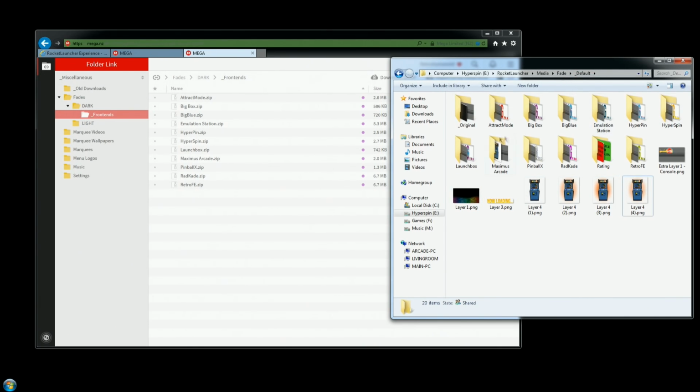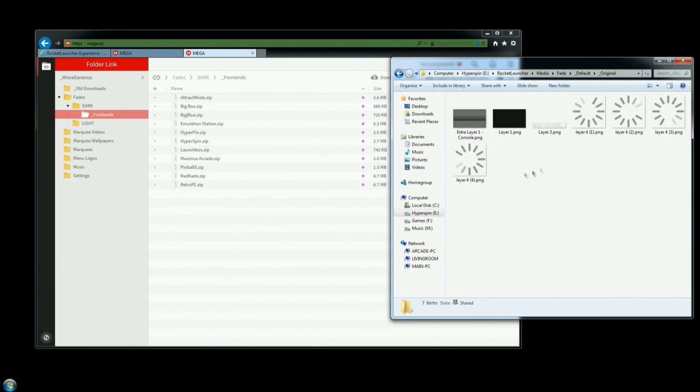And I just keep these here just in case. I like to mess with different front ends. So what I suggest you do is there's going to be a bunch of files in that folder already for the default one for Rocket Launcher that you download with the program. Just create a folder and store all that in here,